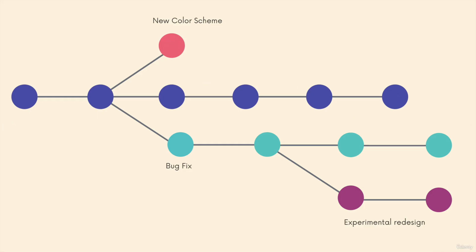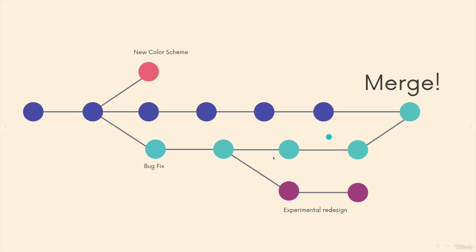But then a very important part is being able to then combine and merge branches together when appropriate. If you work on a bug fix and you actually solve it, then you want to merge that bug fix into the main code base or into another branch. So we'll learn how to do all of this in time, but I'm going to stop talking for now. In this video, I just wanted to introduce this idea of branching, of having separate contexts